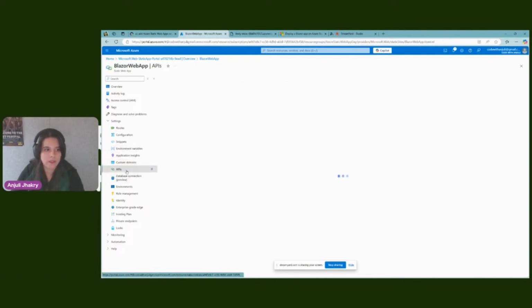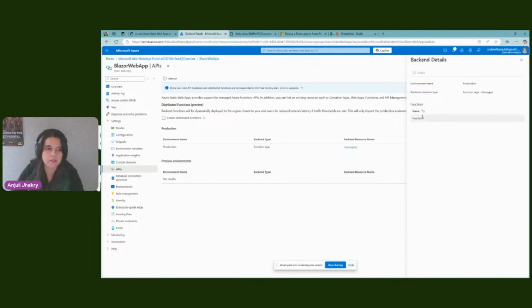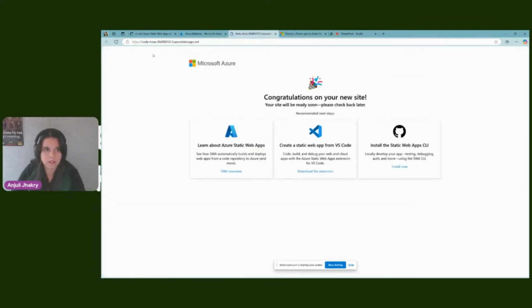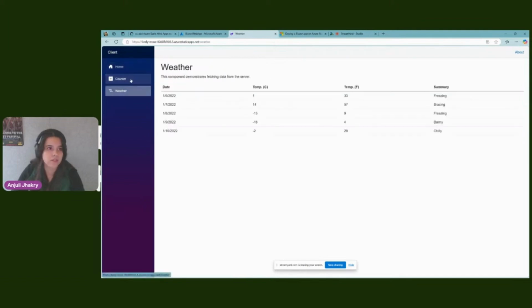And here you also have APIs. And let's check. Yes, the Functions app is already deployed. So if you click on Manage, then here you can see Function 1, the same as it is in my code. So within the Azure portal, you can also look at the API that you've deployed with your code quite easily. Let's see if it's already loaded. Yes, and as you can see, my application is deployed,